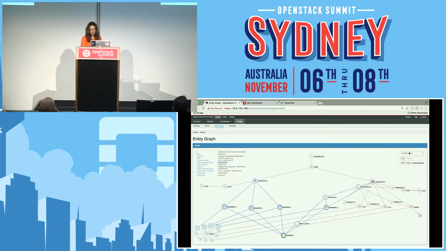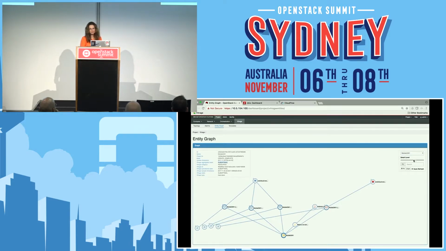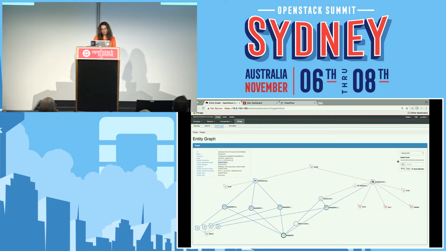Now you can see only this heat stack with the resources that are most relevant to it, to better understand. And you can also filter, you can change the detail level and see some more details. And I think this is a good time to move to the alarms view, where you can get some details